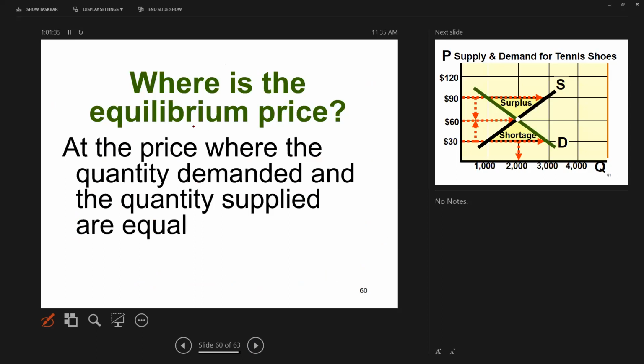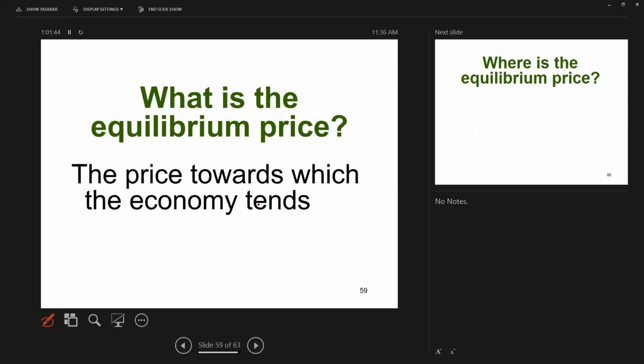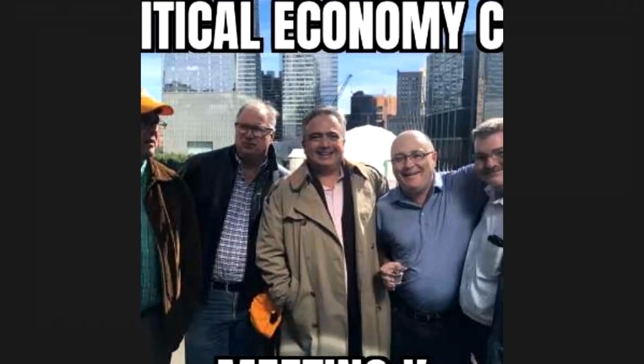Okay. So remember, the equilibrium price is the price where quantity demanded and the quantity supplied are equal. The market tends towards this price. There are three different views on this. There is what we'll call the hermeneutics position, and I'm going to actually go a different way on this. I'm going to stop my share here, and I'm going to do this in a Word file so you can see it. Okay. So when we talk about how important that equilibrium price is, there's three different views.